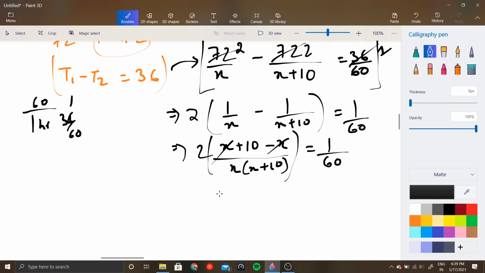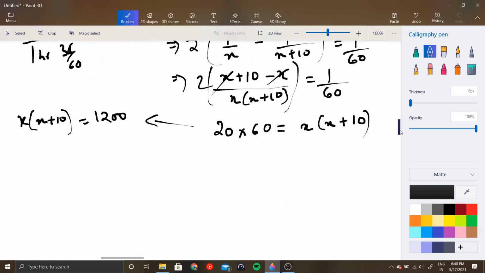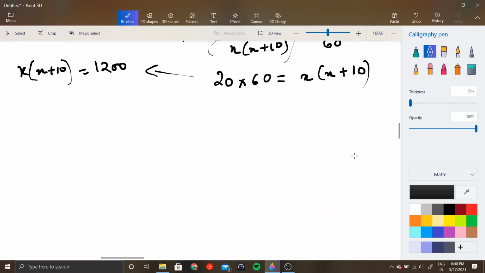Okay. So this is 20 into 60 is basically equal to x into x plus 10, correct? Okay. So now you have basically formed your quadratic equation. x into x plus 10 equal to 1200. Now if you just solve the equation, which we will do, this is basically equal to x squared plus 10x minus 1200 equal to 0, x squared plus 40x minus 30x minus 1200 equal to 0,